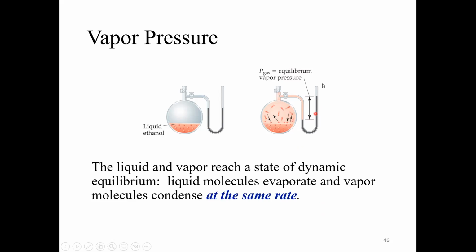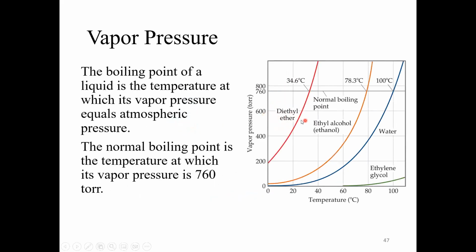But then based on the height difference in these two different parts of the curve filled with mercury, just like we talked about in chapter 10, we can then determine what the vapor pressure is of this substance. And if we look at a couple examples here,